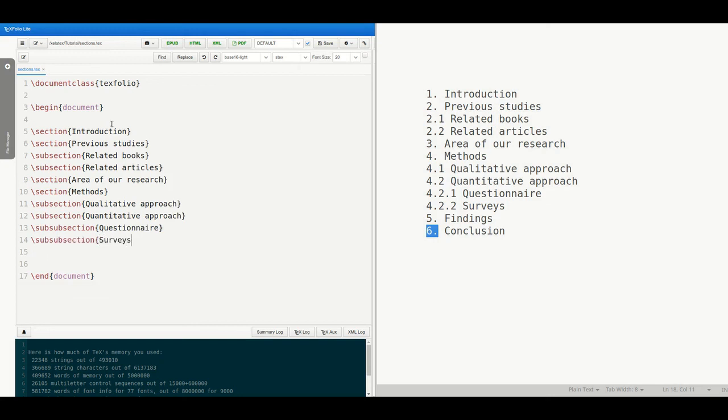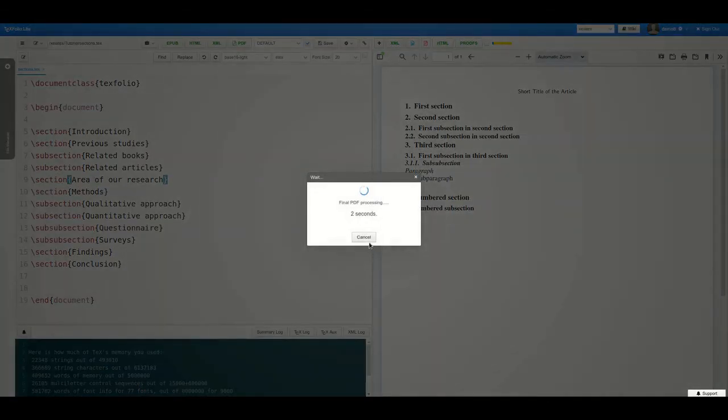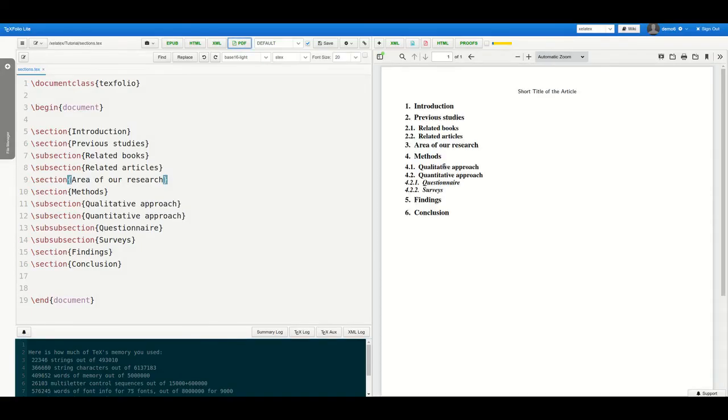It is 4.2.2 surveys. Then fifth section is coded, that is findings, and the last section, that is conclusion, that is section number 6, is now coded. Now we can click on PDF button to get the output. Here it is displayed. You can see the first section, second section, 2.1, 2.2 and 3, 4, 4.1, 4.2, 4.2.1, 4.2.2, 5 and 6.